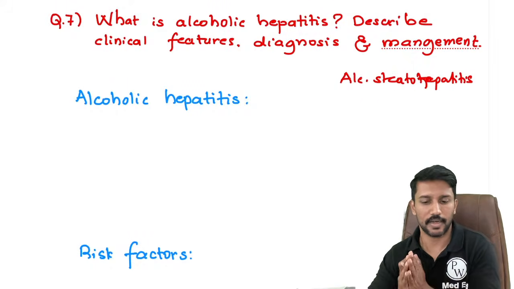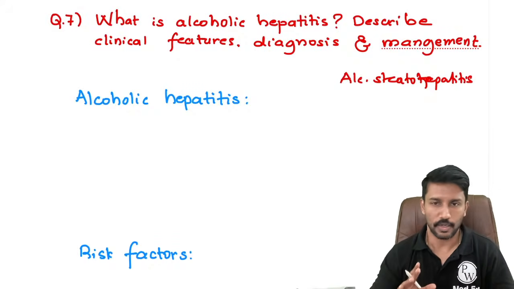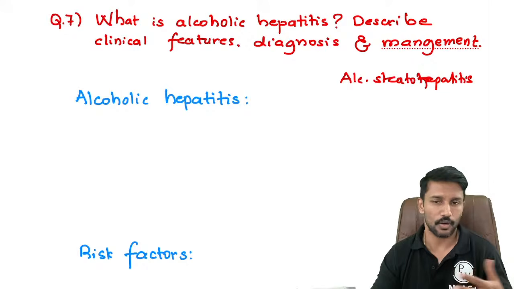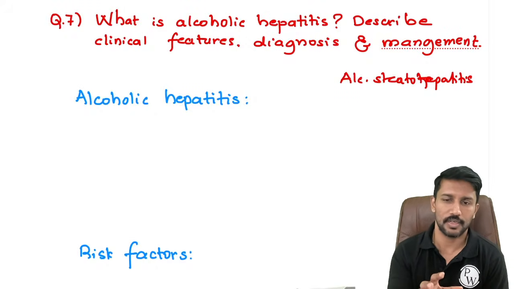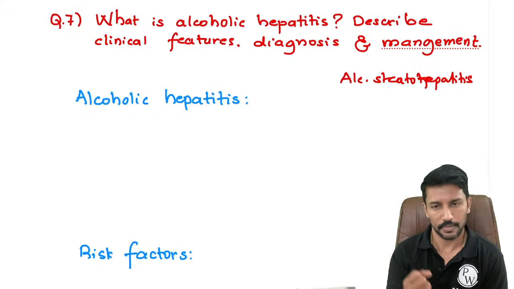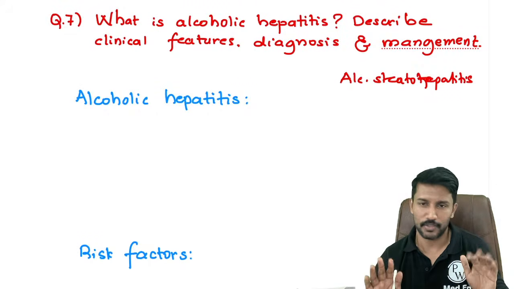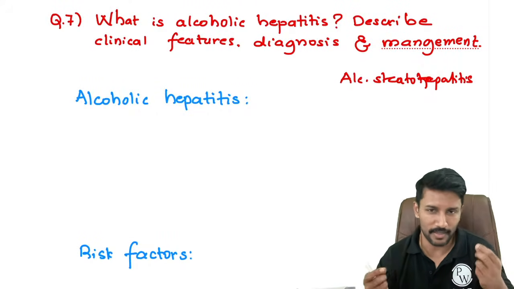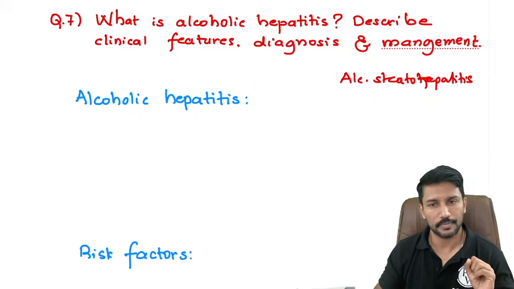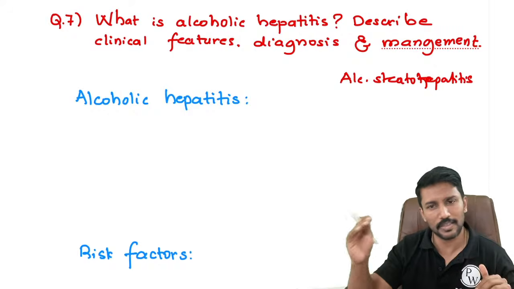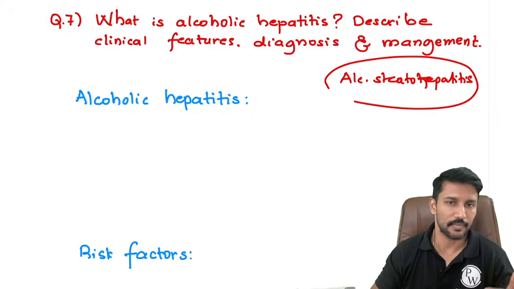Alcoholic steatohepatitis or alcoholic fatty liver is a long-term complication of consumption of alcohol. If you continuously drink alcohol for several years, then it will trigger fat deposition in the liver, eventually inflammation, eventually fibrosis and cirrhosis. We know that if I just drink 1 month, I will not develop cirrhosis. I think many of you are a testimony to this, that you have not developed cirrhosis just by drinking for a few days a month. But long-term alcoholism does. So this is a chronic complication of alcohol intake.